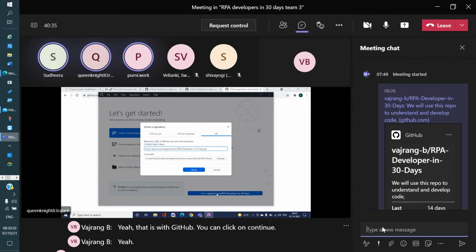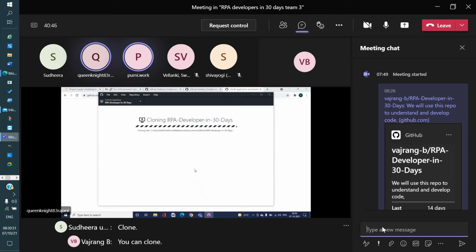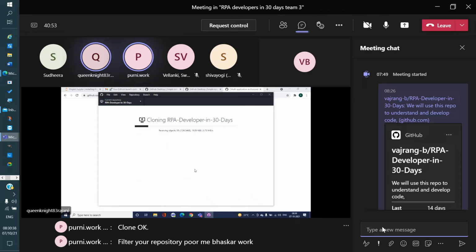Okay, and then it says let's get started. Clone a repository from the internet, is it? Yeah, clone. Filter your repositories. RPA developer in 30 days is what I have to select, is it? Correct.